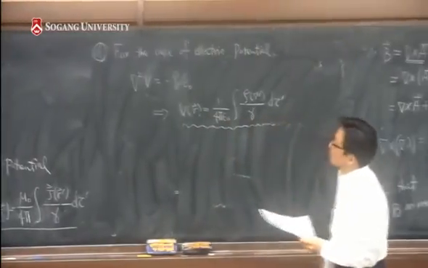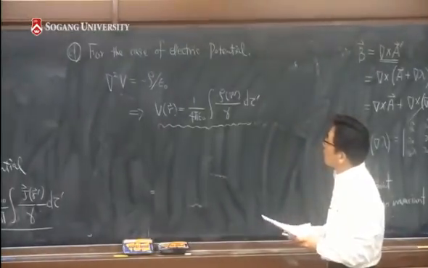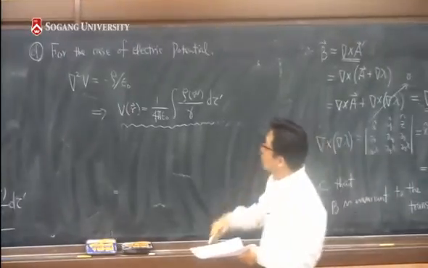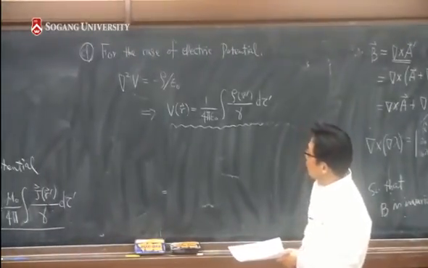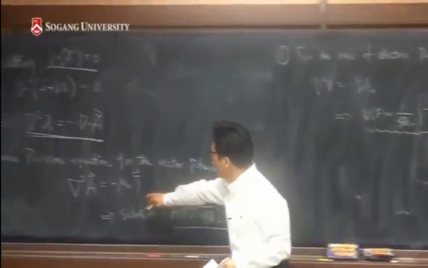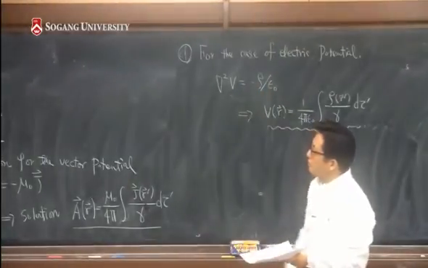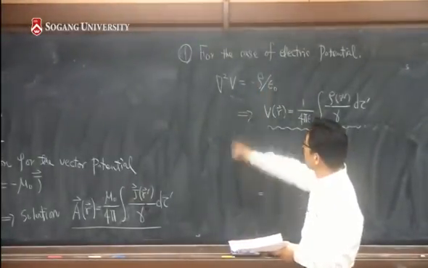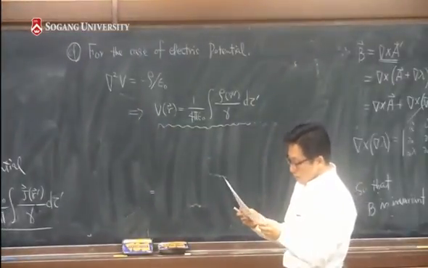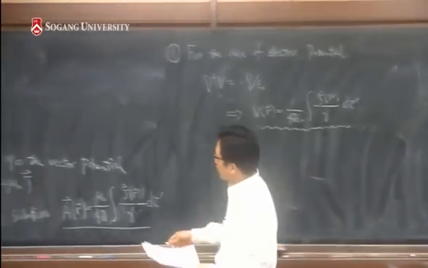Which solution is given like this. This is what we know from the class a couple of weeks ago. Okay? And the equation we have now is the same form, except that rho over epsilon 0 is now replaced by a certain vector quantity, whose solution is given like this in this case. Okay? And once you have a vector potential like this,